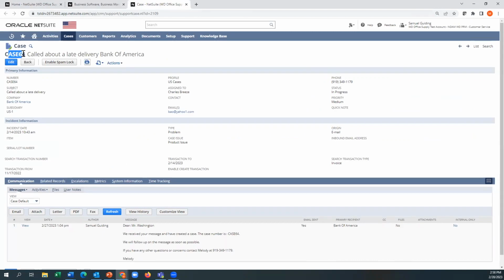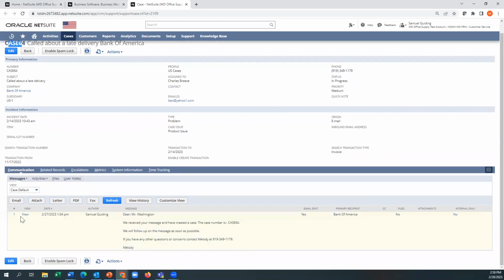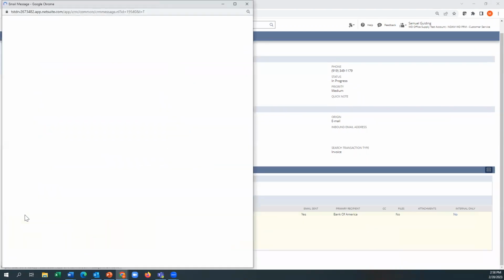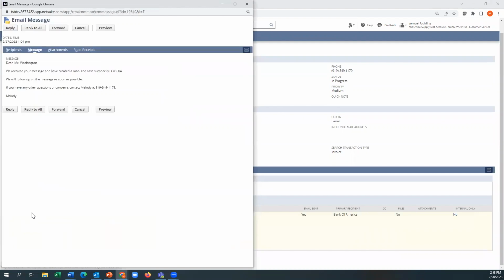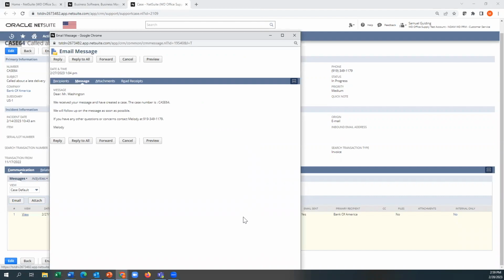they have a case number. They're assigned to a client. They're assigned to an internal resource. They have a status. They have a priority. You can see an automated email went in through this here. The system sent this email out as it came in. You can track the read receipts here directly. But what we did was we filled in the customer's name. We brought in Melody's information here directly.